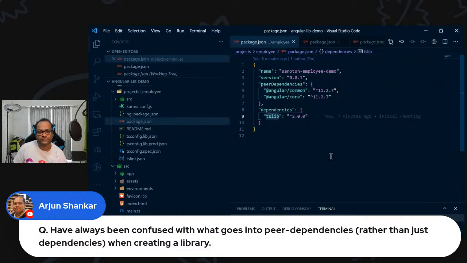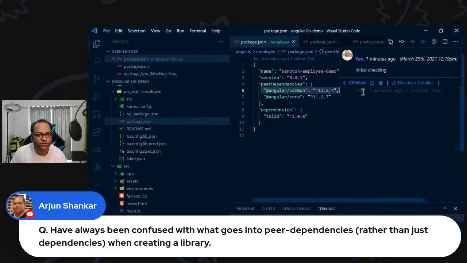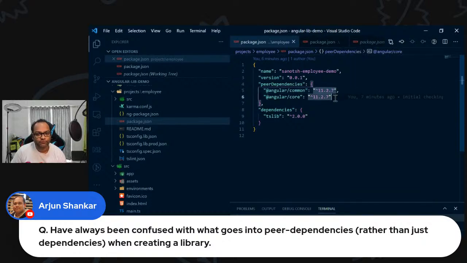Dependencies are something which is used inside our library. So in case you publish your package without dependencies, it will not work, your build will fail. So those are dependencies, but peer dependencies are something which should be installed in case someone wants to use your library. Without it, it will not work. But right now we are saying our peer dependencies are Angular common, version 11.2. So in case someone wants to use this library, they should have Angular common and Angular core of this particular version installed. In most of the cases, your Angular libraries will work on Angular 9 and above,